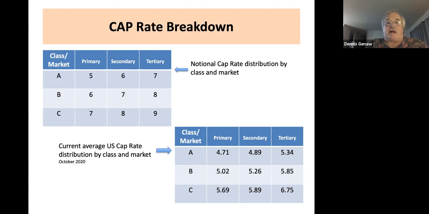And then tertiary markets are really smaller areas, from 100 to maybe 400,000 or 500,000 people in the area. And you can see as you go from primary areas and high-end properties to smaller areas and lower end properties, the cap rate changes quite a bit on a notional distribution. As of October of this last year, I have not updated it since the end of October. This is what we were seeing in our markets at that point in time. So much lower than what you're seeing here.